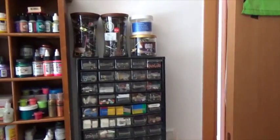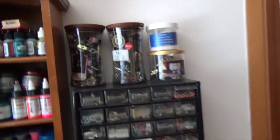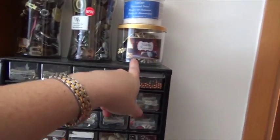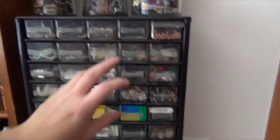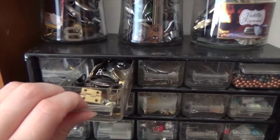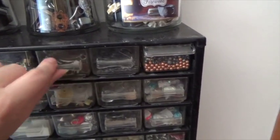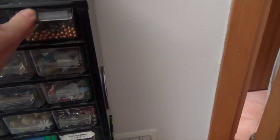And then this container is full of random crap, but it is fairly organized. So I have a large couple of jars here of big pieces that wouldn't fit into these little tiny drawers. Have another one here, but then all of these little drawers. So this is little metal pieces, more little metal pieces. This is washers and springs and screws, little metal letters, BBs and coins, glitter,